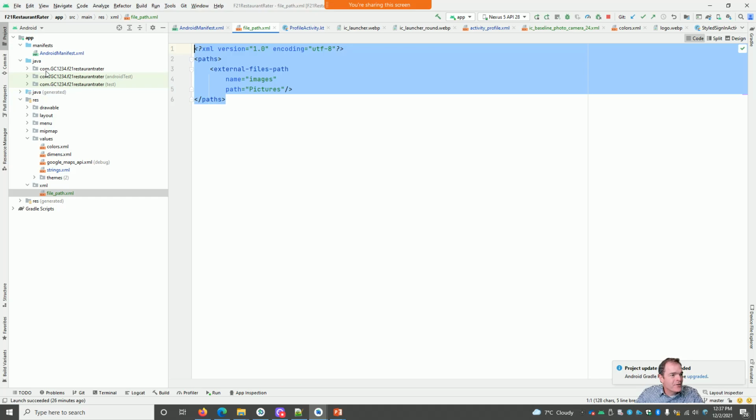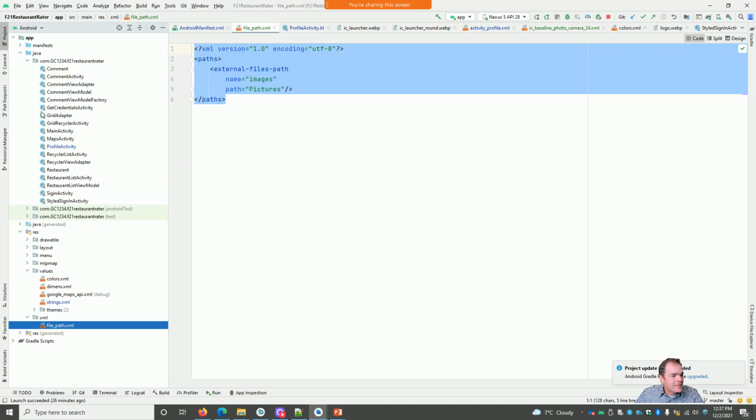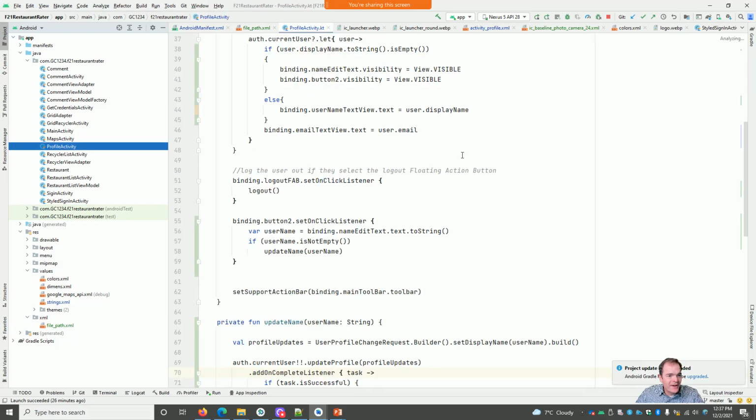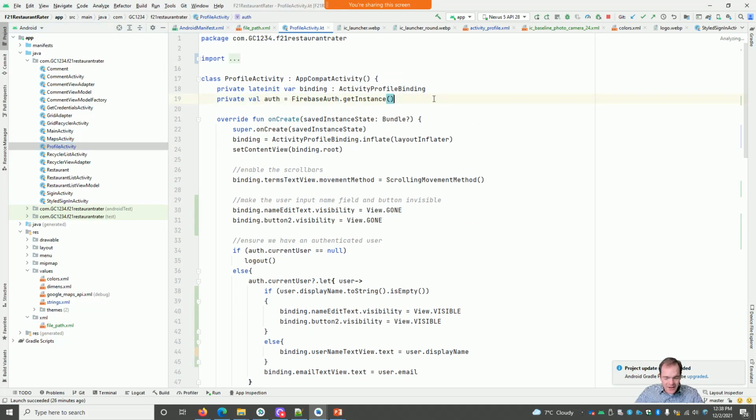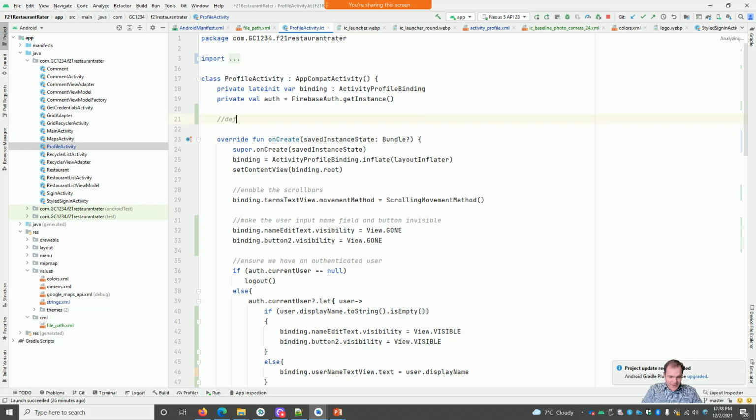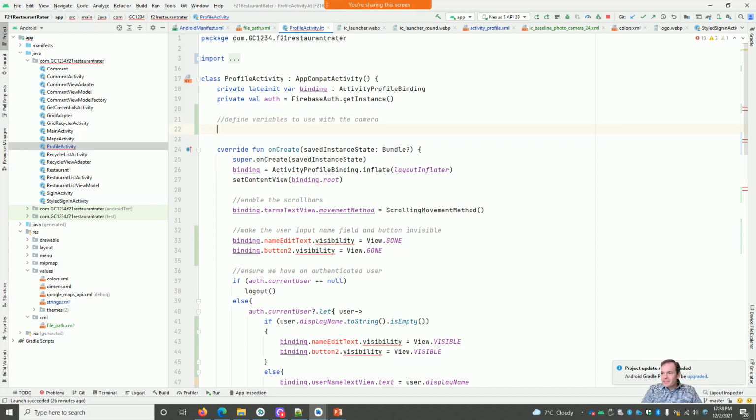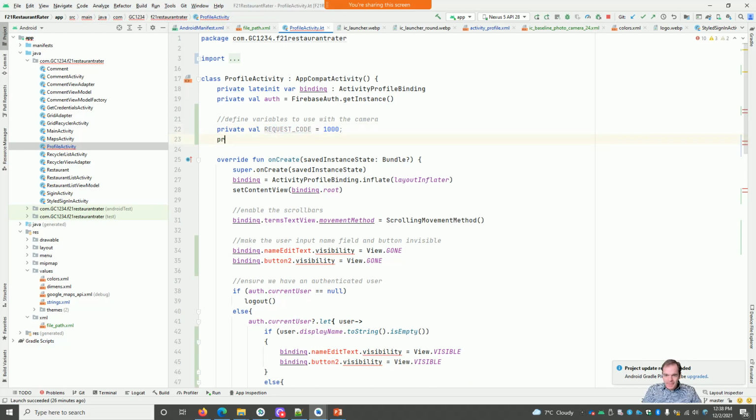So I'm going to go into the profile activity Kotlin file, and at the top here, we're going to define